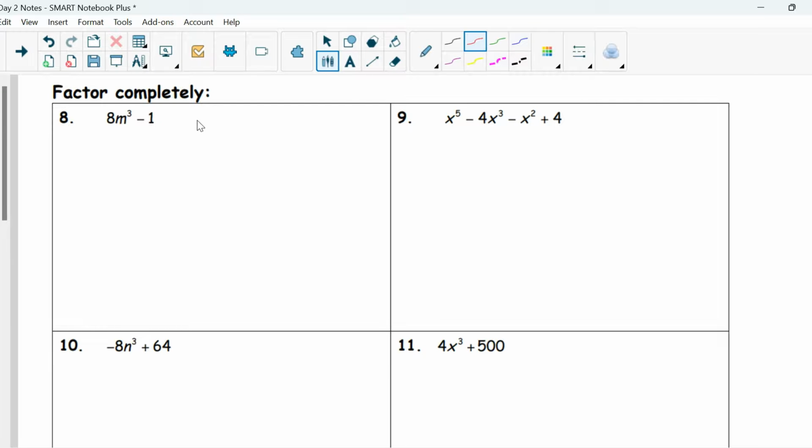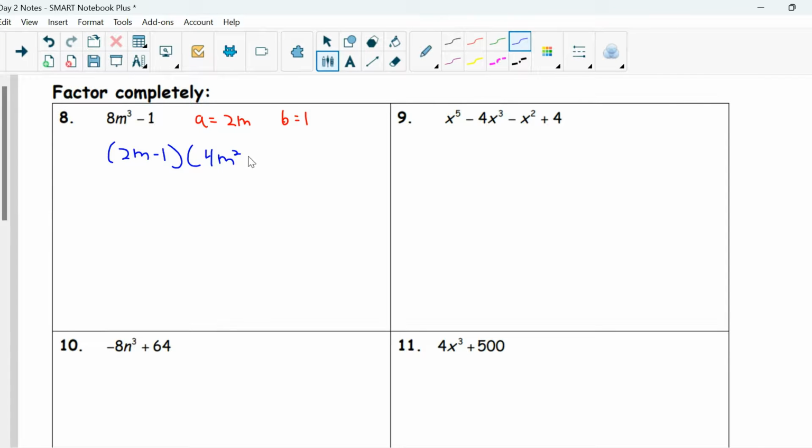So my a value in this case is going to be the cube root of 8m cubed. The cube root of 8 is 2. The cube root of m cubed is just m. And then I have my b value, which is the cube root of 1, which is just 1. So for this one, I'm going to use my difference of cubes formula, which tells me I have a minus b times a squared. So I have 2m squared, which is 4m squared,